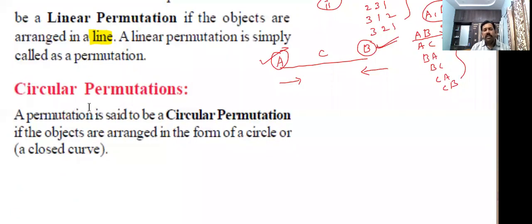Next, circular permutation. A permutation is said to be a circular permutation if the objects are arranged in the form of a circle or closed curve. Circle means this. Closed curve means like this. For suppose,